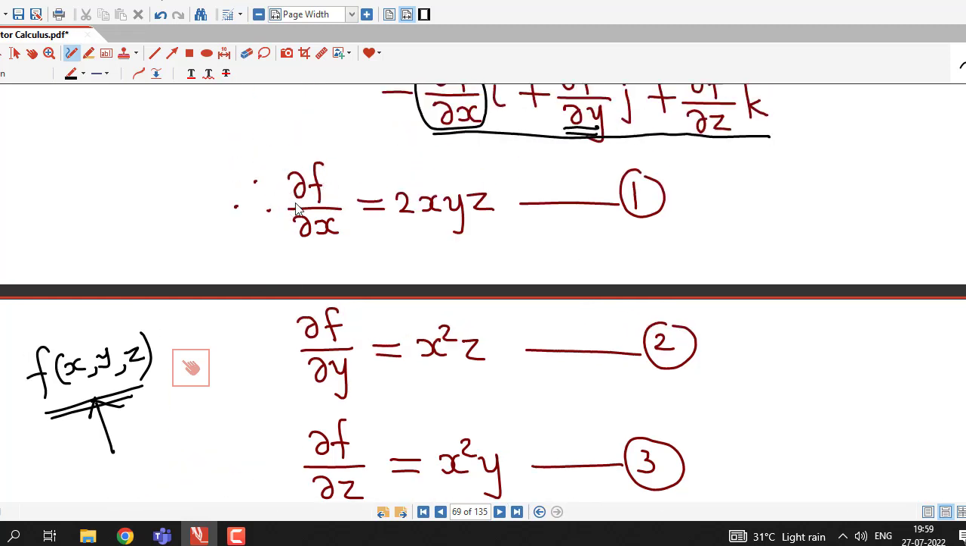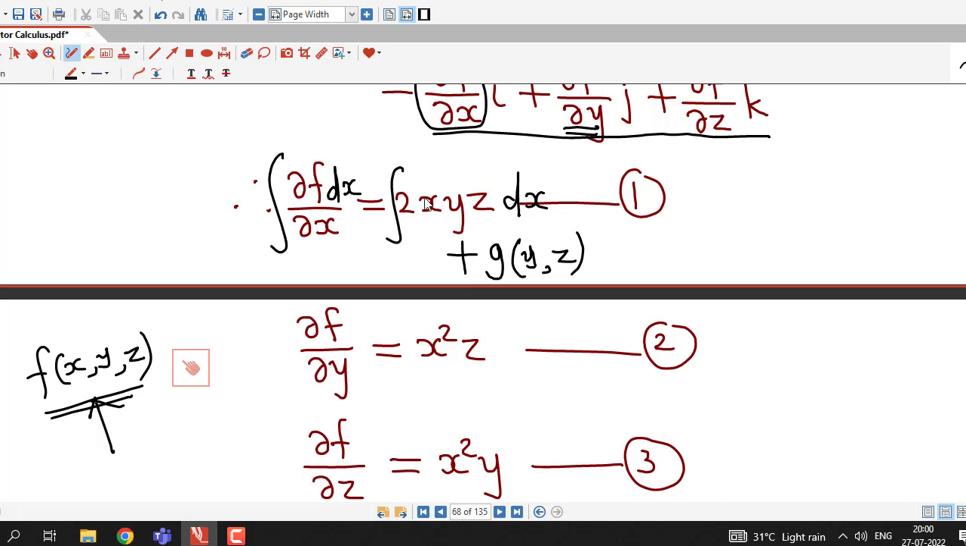Then to obtain function f, I have to integrate this equation with respect to x on both sides, and I will consider y and z as constants. Therefore constant of integration will be a function of y and z. Instead of writing constant c, we are writing some function of y and z, say g of yz,